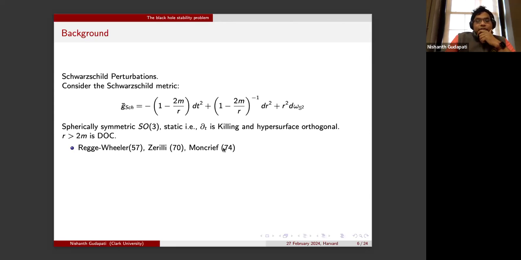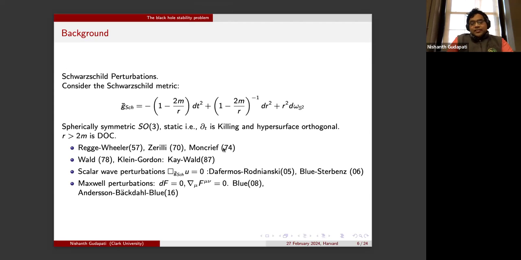Is due to Moncrief. So following that, there are many important results in recent times. In fact, nowadays, the most updated result is that even non-linear, not just linear, but non-linear perturbations of Schwarzschild have been significantly addressed by the works of Dafermos, Rodnianski, Taylor, and I'll talk a little bit more about that later, and Klainerman, Szeftel, and so on. All the various works of them, they address that problem.